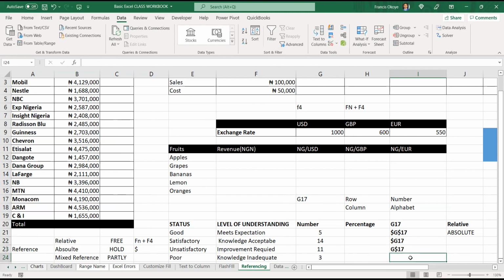The row, 17. Only the row. Beautiful. So this is called a mixed reference. You get that now? Yes, sir. You can differentiate absolute, mixed, and relative. Yes? All right, so let's go.